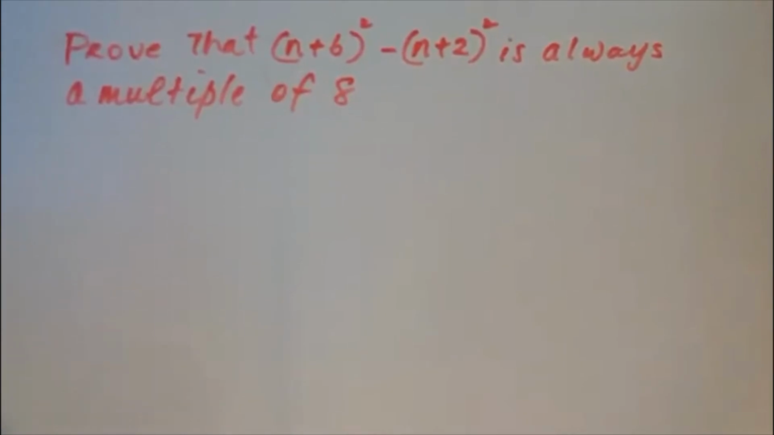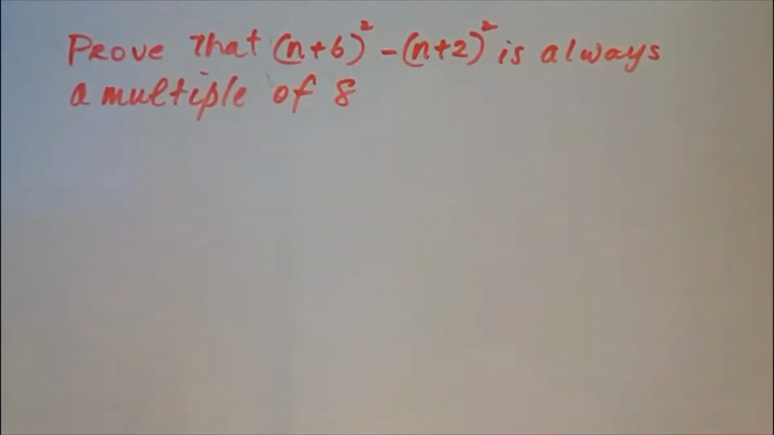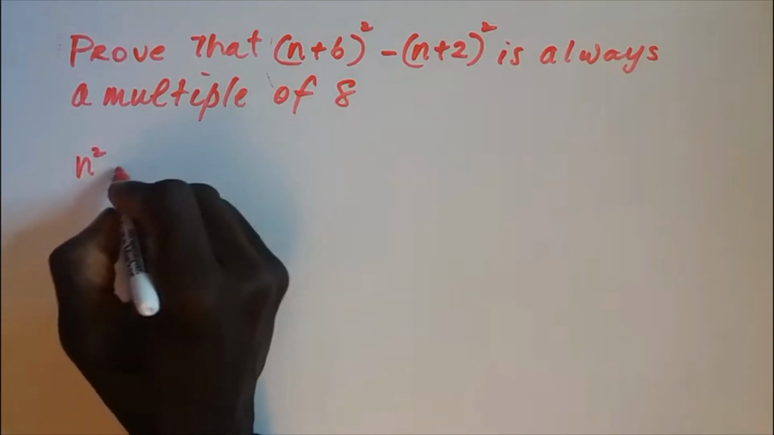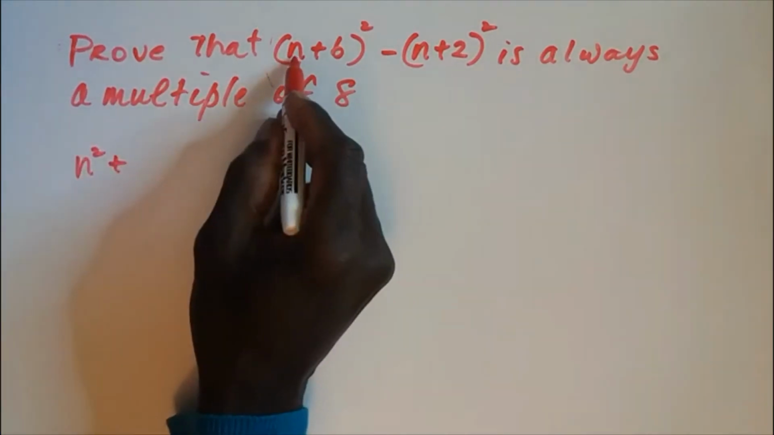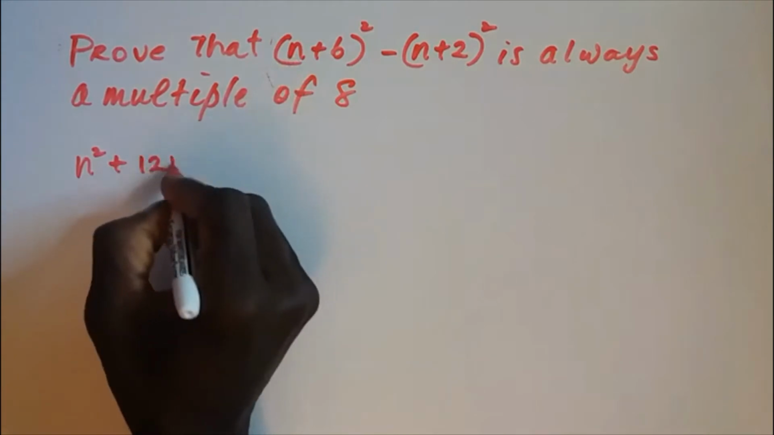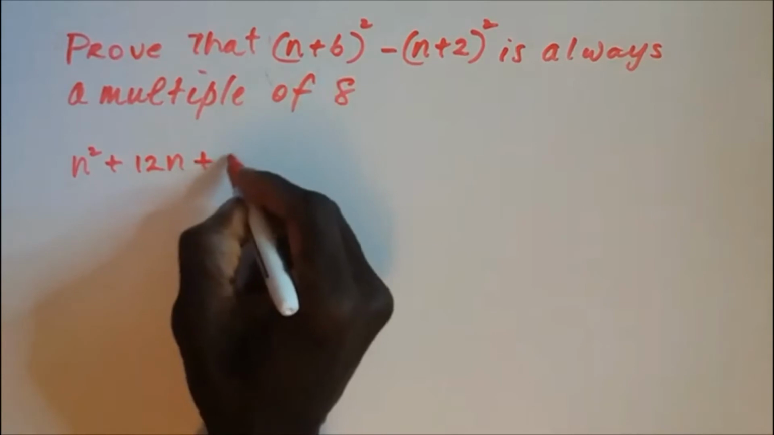Next, we have to prove that n add 6 all squared minus n add 2 all squared is always a multiple of 8. Well, we'll just try to expand this and see what we have. Expand n add 6 will give us n squared, add 2 times the product of n and 6, that's 12n, add the square of this, which is 36,